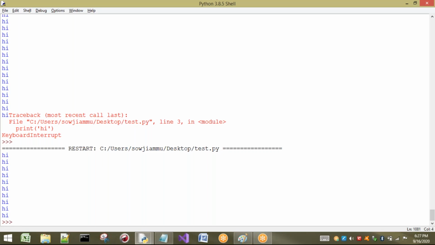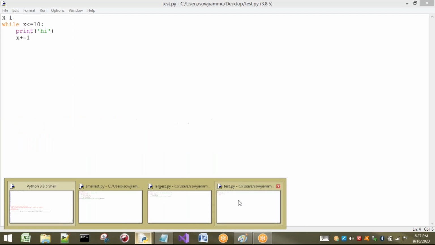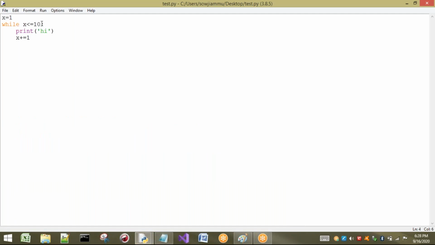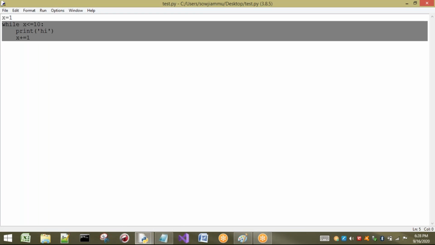So now I will take one more example. One thing you have to observe: if the condition is true, until the condition is false, this while loop is going to be executed. If the condition is true forever, then what happens? It will go to an infinite loop. That means it goes on executing. You may get a doubt: sir, if I leave my computer for half an hour, what happens?